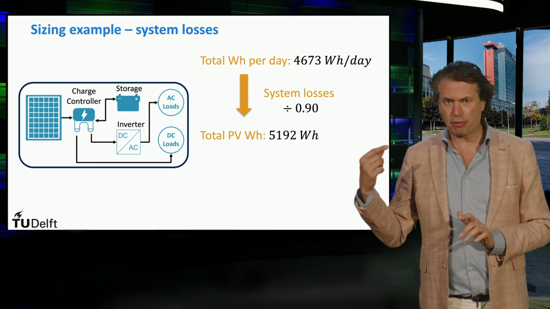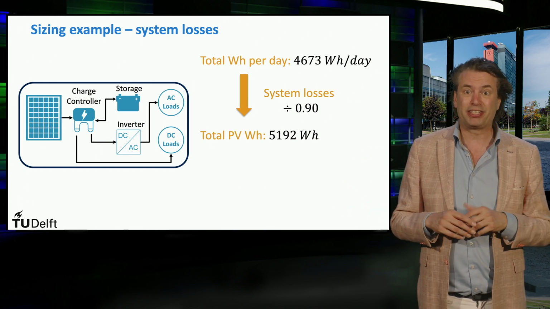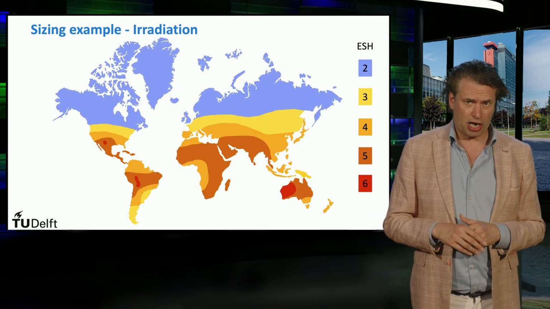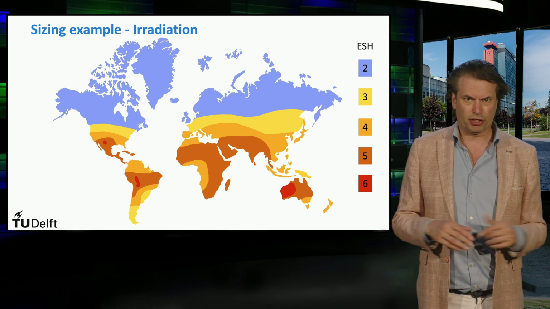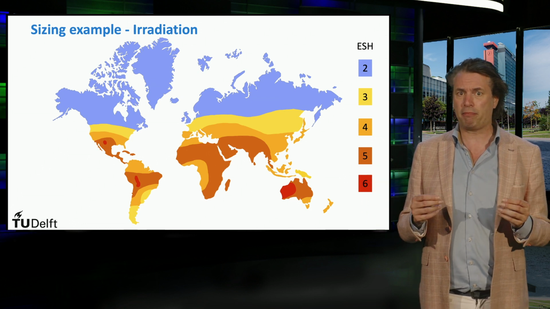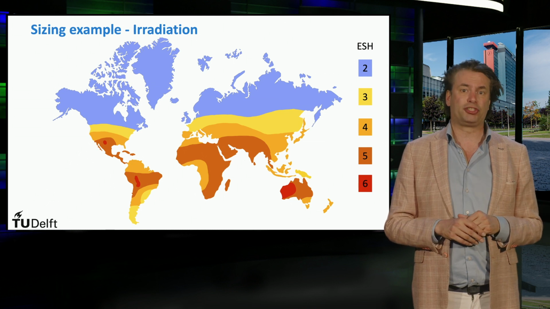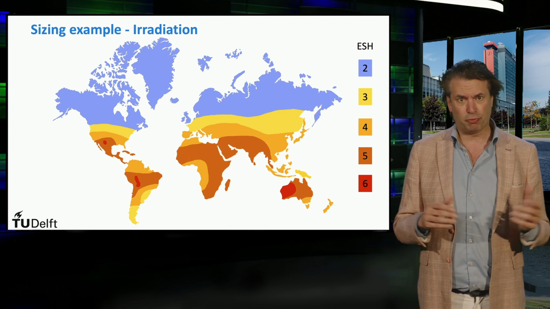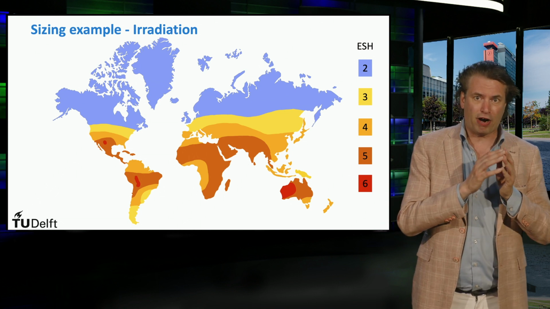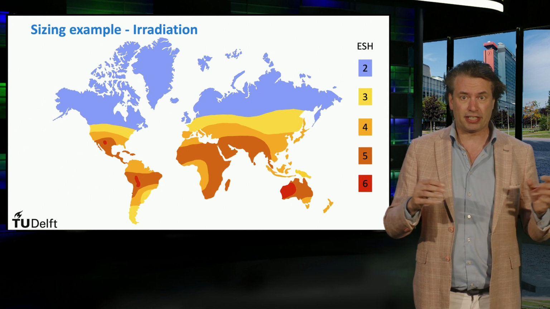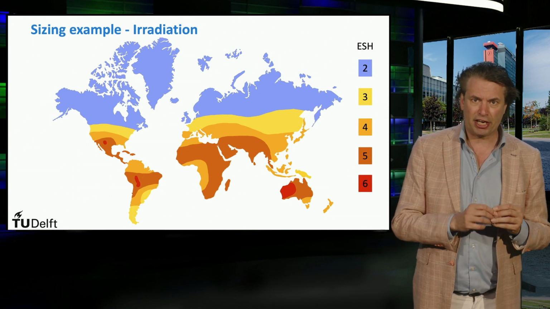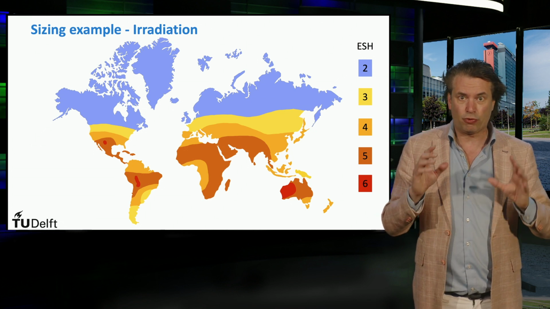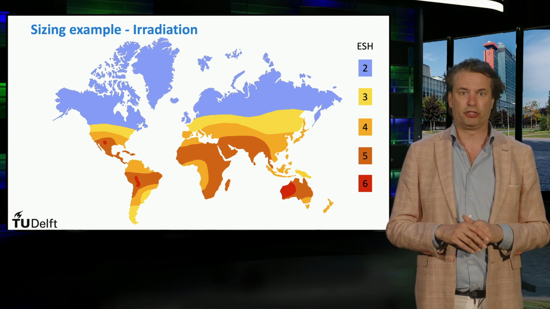The next step is to design a PV array such that its power output can meet the load demand. This starts by obtaining the equivalent sun hours for the PV system's location. The equivalent sun hours is an important parameter when carrying out the simple design of the PV system. An equivalent sun hour, as you may recall, is defined as the number of hours per day, averaged over an entire year, that a certain location receives one sun illumination. Note that one sun illumination equals 1000 watts per square meter.